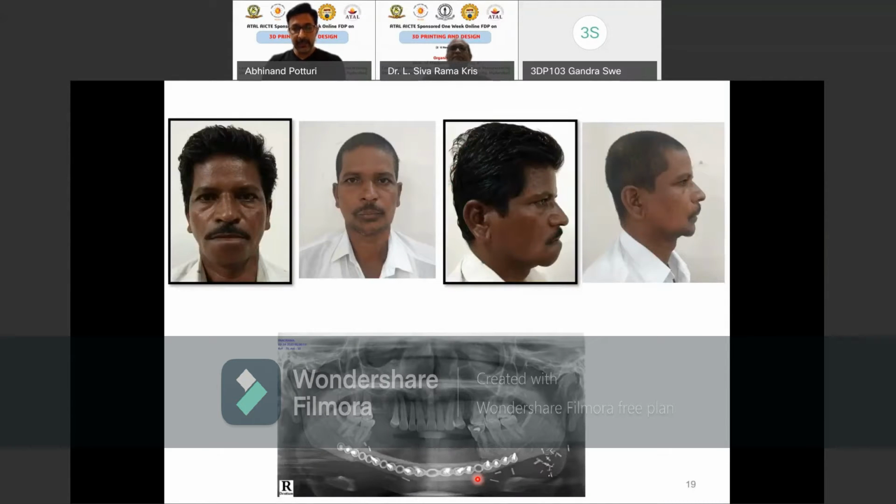And you see, this is the bone which has been bent, and this is the plate which has been used. And then he will get teeth in this place, and then he will have complete normal functioning and normal jaw movements. That is possible only because there is 3D printing available. Imagine the days when there was no option of 3D printing. This kind of reconstruction was just impossible. You can't even imagine. So this is where the role of 3D printing in medical and especially facial reconstruction comes into the picture.